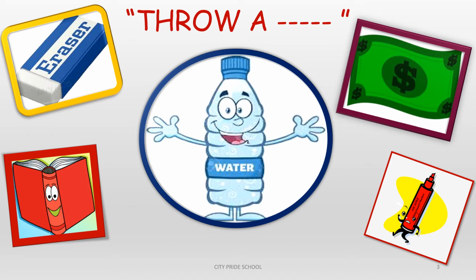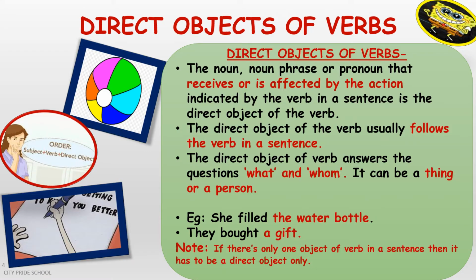So in this way, we are going to throw each of these objects to our friends and see who is throwing what and who is receiving what. Okay, and then this will help you to understand what the objects of verb are and which objects are getting affected by the action being done. Okay, now we'll move to another slide and understand how these two objects are different. Okay, now in the previous slide we discussed Stuti threw a marker to Priya, or Stuti threw Priya a marker, right? And I told you all that there are 2 objects, one is Priya and one is the marker, right?